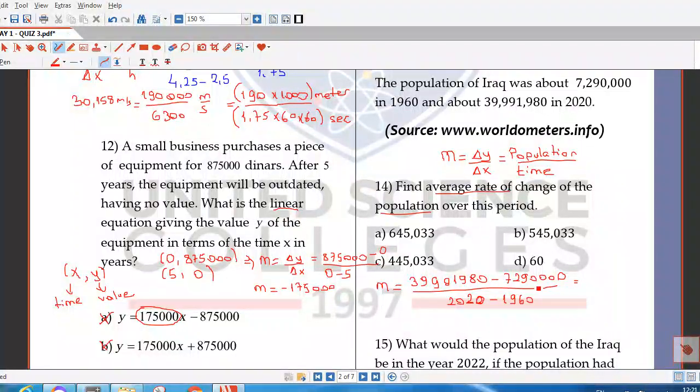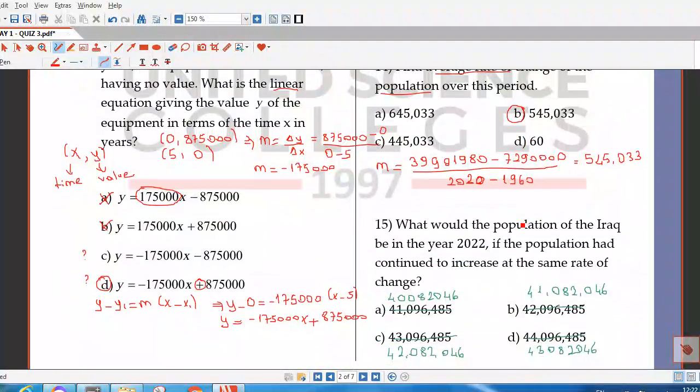If we apply the necessary operations, in the end we are going to get 545,033. It is going to be population per year, I mean average rate of change, 545,033. Answer is B. Population is increasing with this